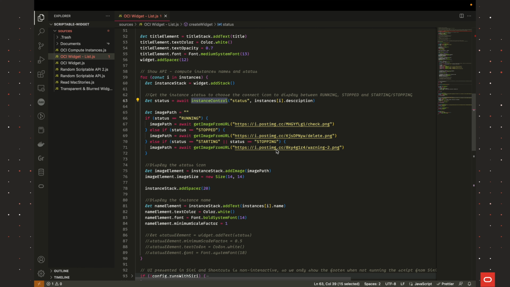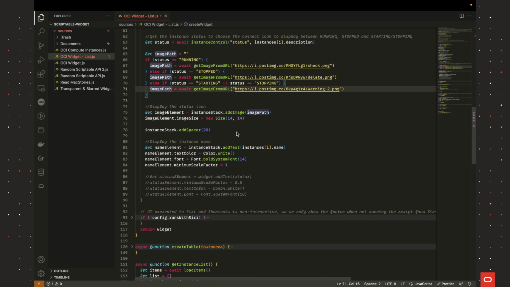These images are uploaded to a third-party image storage option. You can check out the documentation for Scriptable in order to see how to create these widgets, and they also have a few examples readily available in the app that you can use to start developing such a widget.